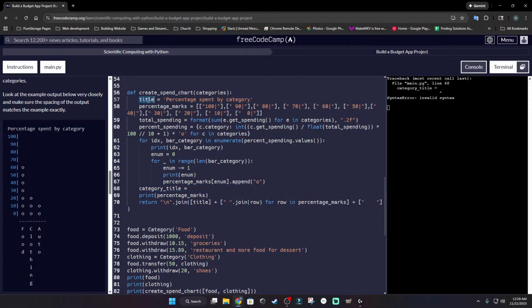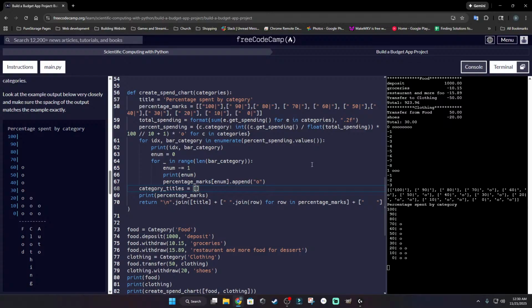I know I have title up here, but that's title for this chart. And the category title needs to be a, well, let me do category titles. And that's going to be a list comprehension of